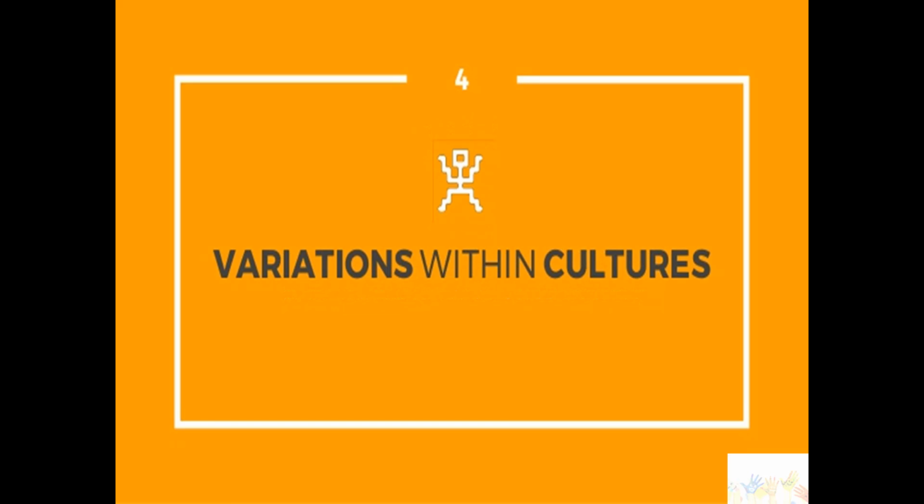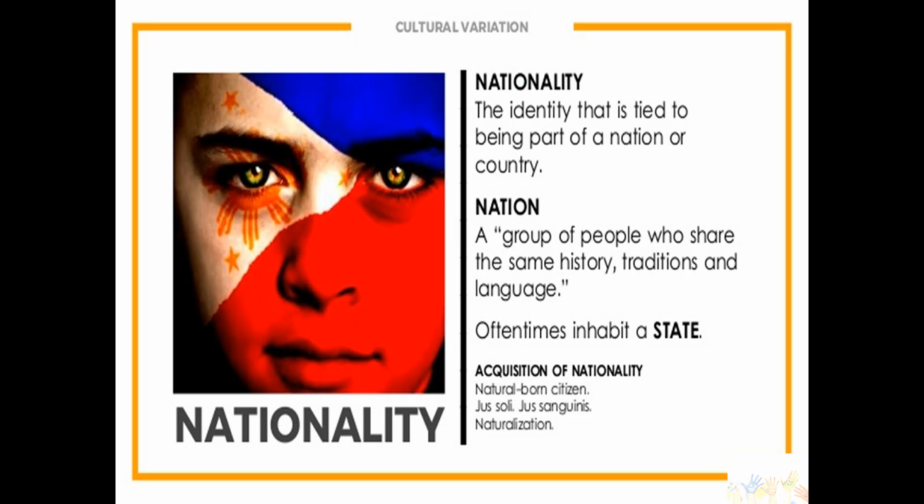Variations within cultures. Cultural variation refers to the rich diversity in social practices that different cultures exhibit around the world. Cuisine and art all change from one culture to the next, but so do gender roles, economic systems, and social hierarchy, among any number of other humanly organized behaviors. The following are the indicators of cultural variations.